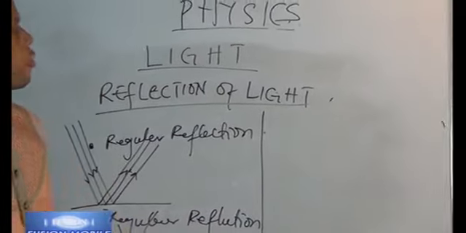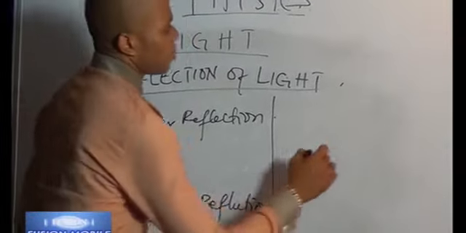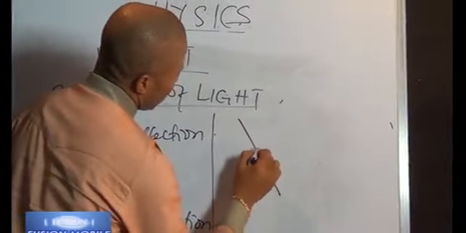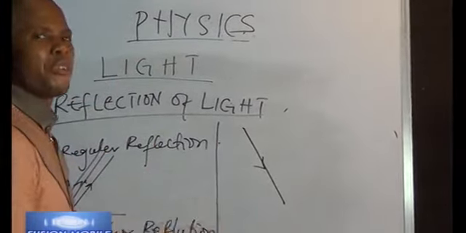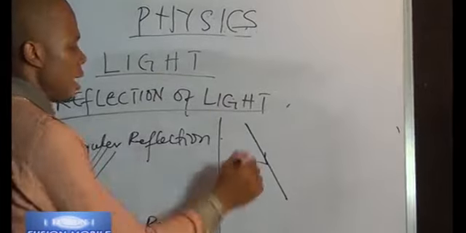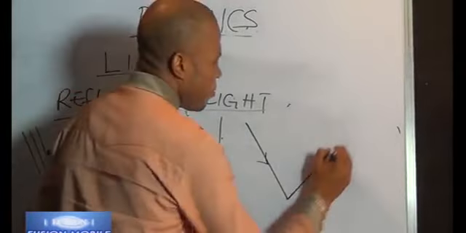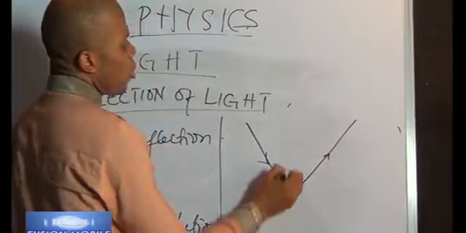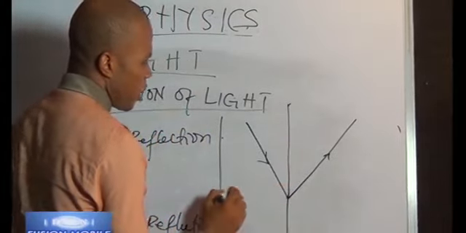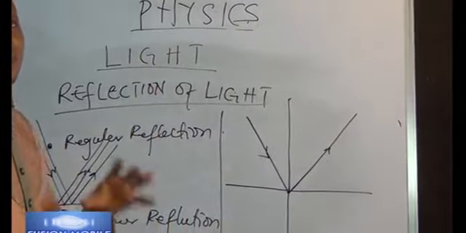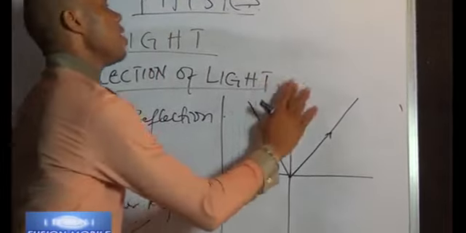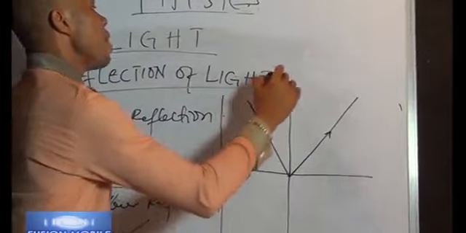The first law of reflection states that the incident ray, which is a ray coming from your torch, a ray coming from your lens, the reflected ray, and the normal. My dear, listen to me very well. I did not say normal ray. No. I said what? The normal. The normal there is not a ray. It's just an imaginary line